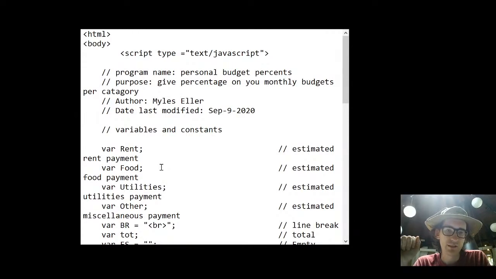yet for this class, basically you can use it if you need to. Maybe you don't have internet access for whatever reason, you need to work on your assignments, you can use Notepad. You just have to save the file with .html at the end. If you forget that, when you open it in a browser, it'll just be all the code that you've written. So if you see that, you just have to go back to your file and make sure you put .html